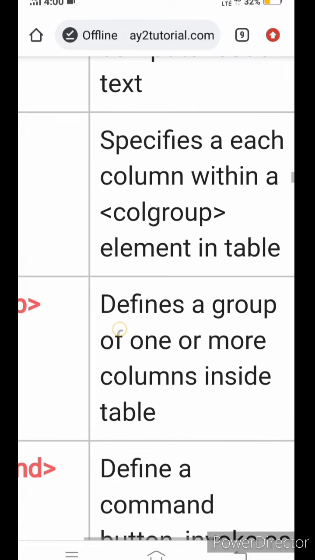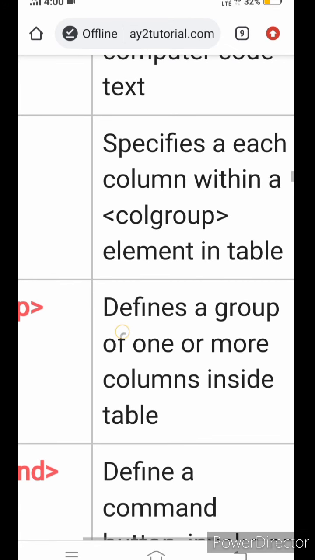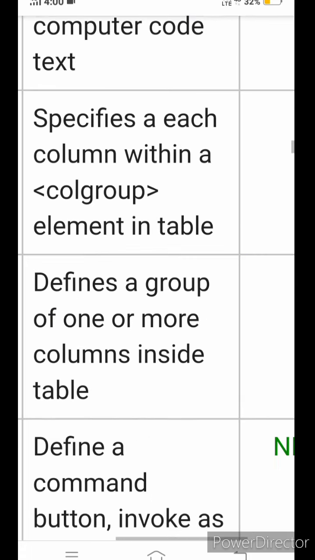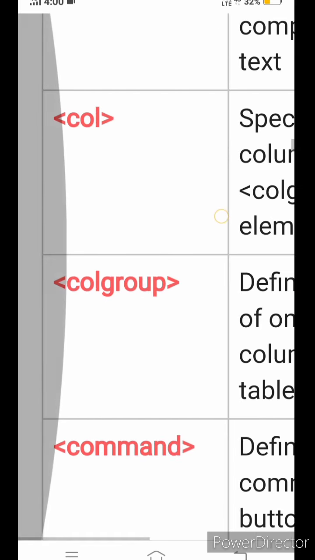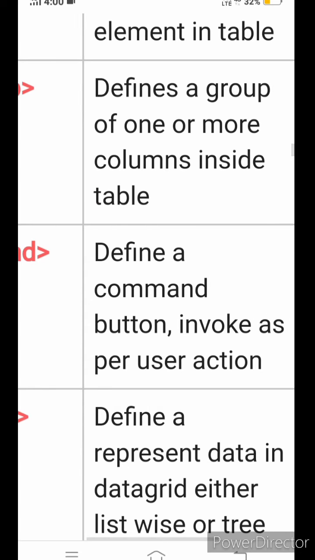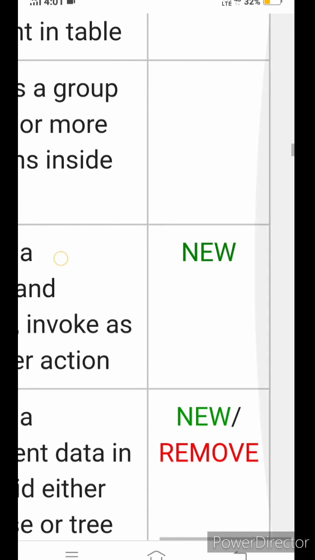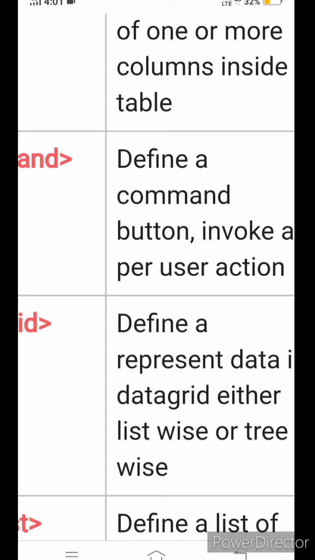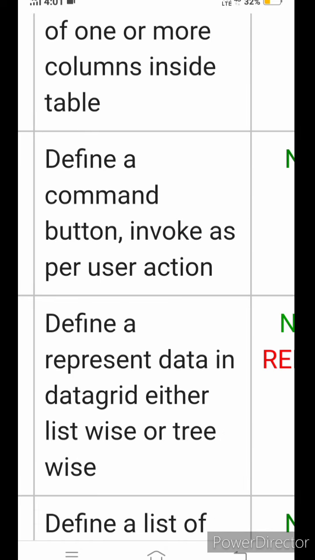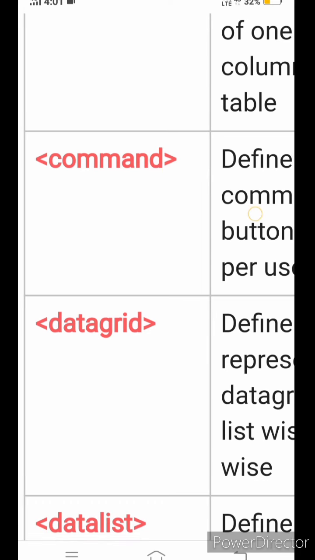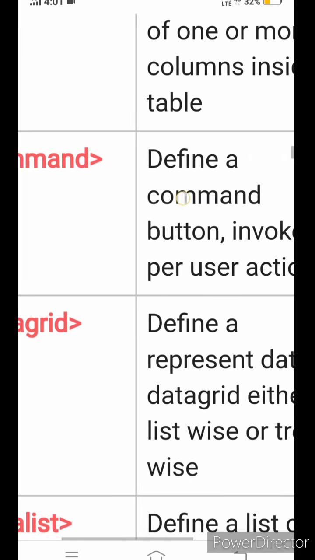Col tag specifies each column within a colgroup element in a table. This is also in both. Colgroup defines a group of one or more columns inside a table. This is also in both. Command defines a command button invoked as per user action. This is a command button in your HTML document.